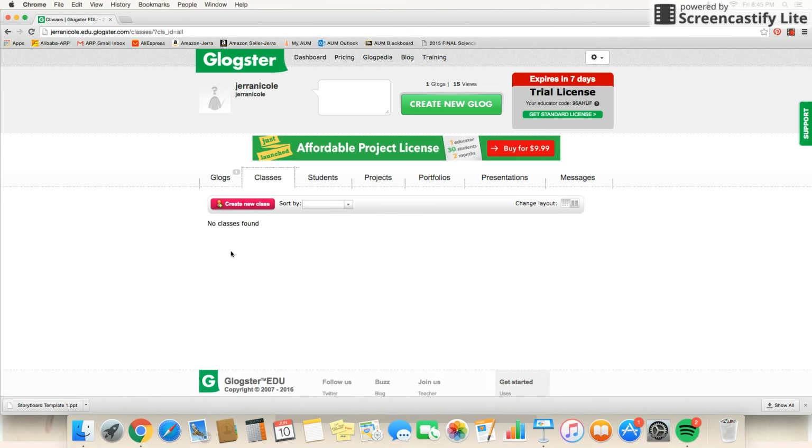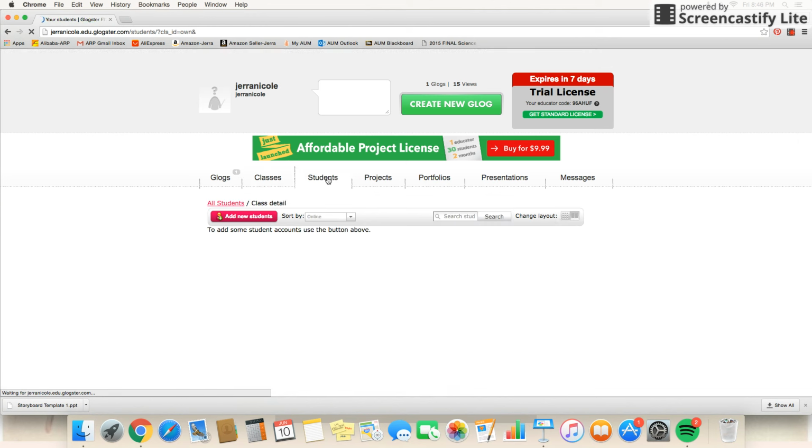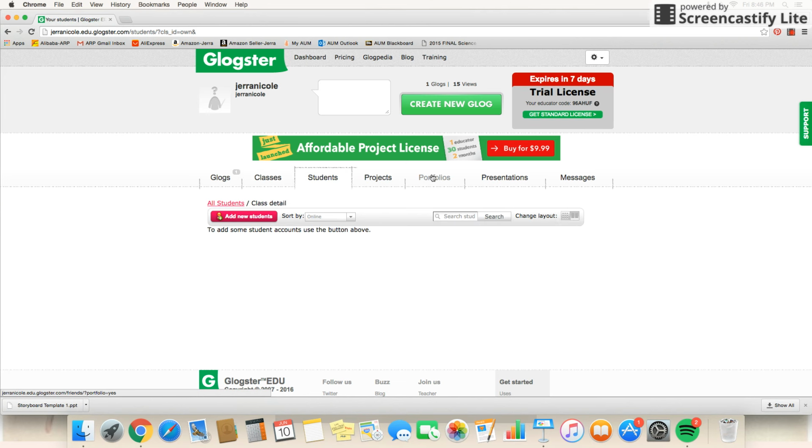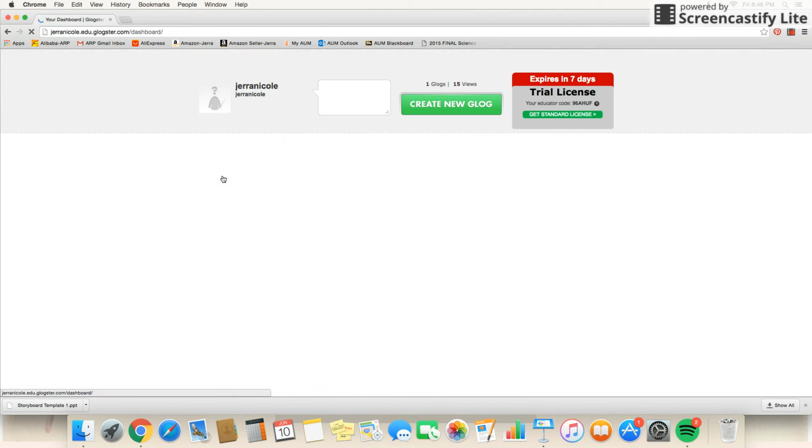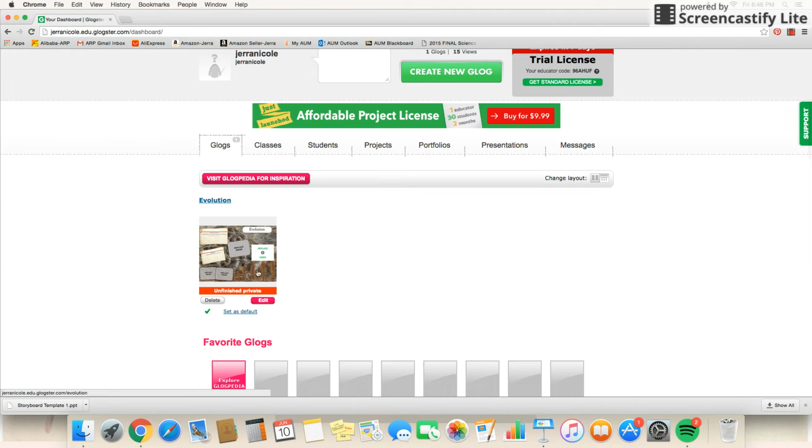your classes where you can divide each class into different folders so that you can stay organized. You can divide it by students. You'll have your projects, portfolios, presentations, and your messages. So I'll go back over here to Glogs, and I've already gotten one started,